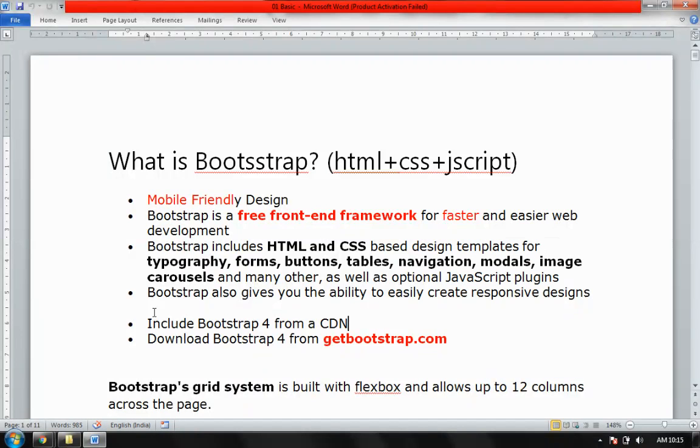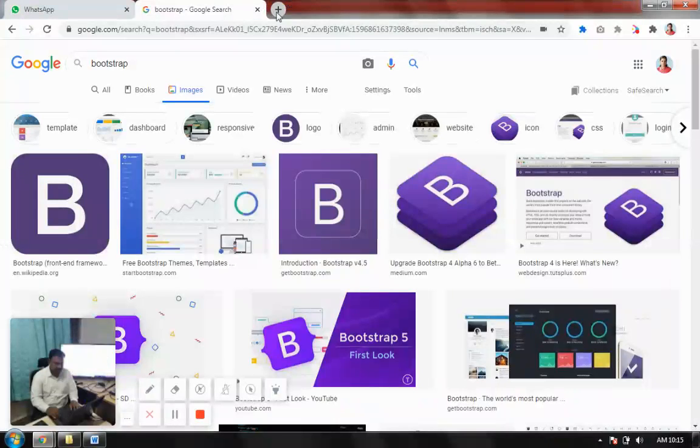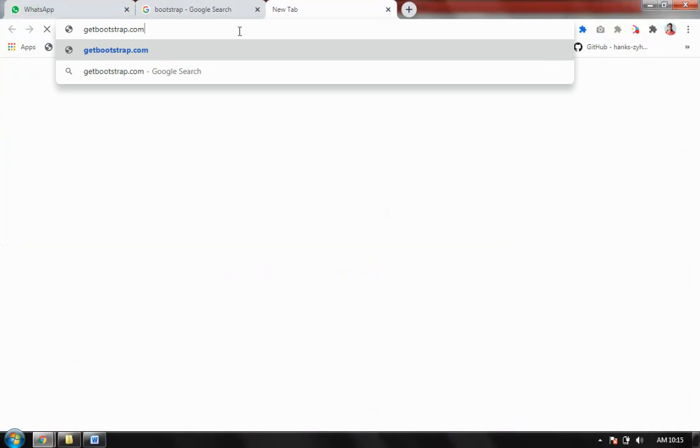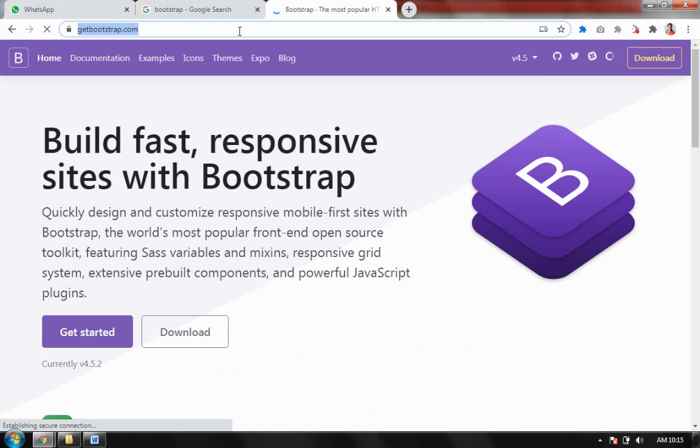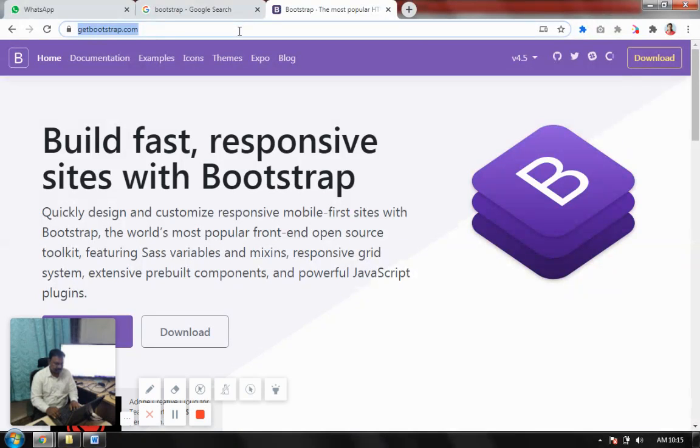Second important thing, this entire operation can be done in two ways. The first, you can include Bootstrap in your project, or you can download it from the given site. The site is getbootstrap.com. Please remember, the official site has a different name. So I click on this, I go into my browser, I open my browser, and I press enter. This is the official site. I get all my references and help from this site. It's a very perfect site to learn anything, or you can say, after learning the basics, this is very perfect.